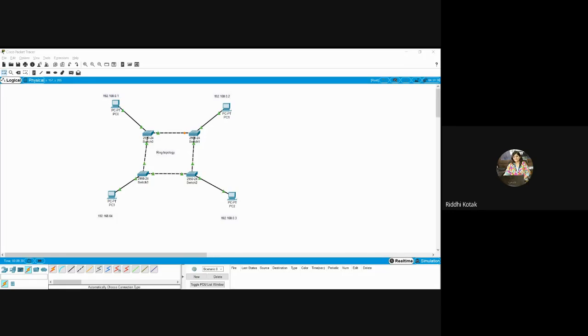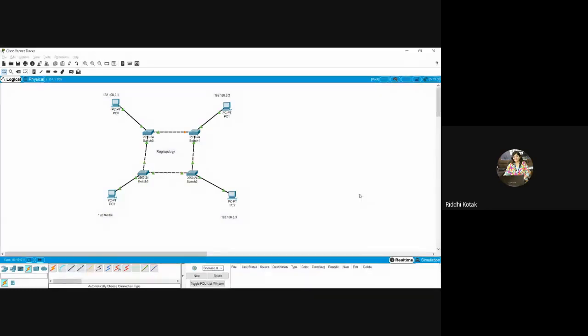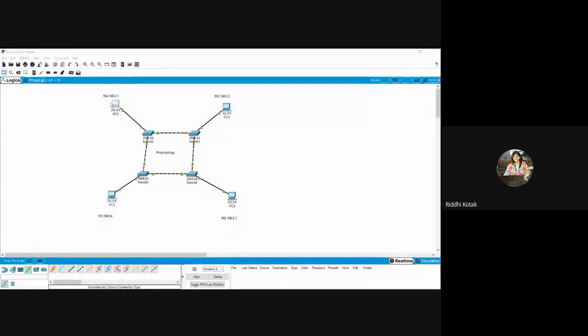Yeah. So all of you have taken the label over here. Students, those who are doing this practical. Yes, ma'am. Okay, yeah. So now we will start configuring this PC. So just click on the PC. Now you have to go to desktop. Once you click desktop, it will give you many options. You have to select IP configuration. Now we will write this IP which we have written in the label. So same you have to do over here.